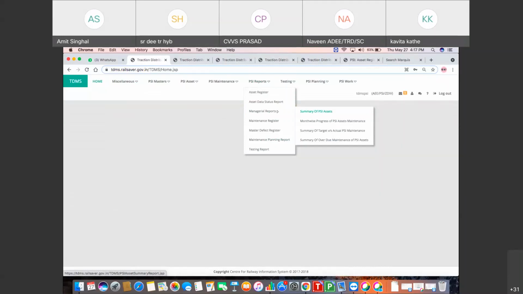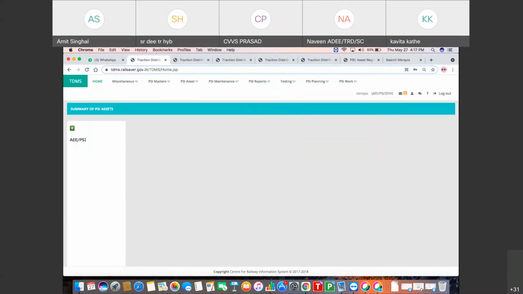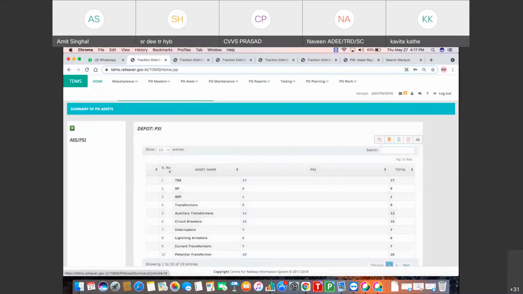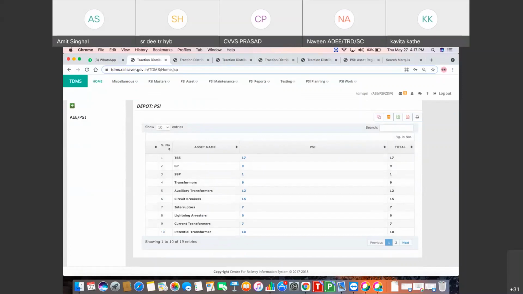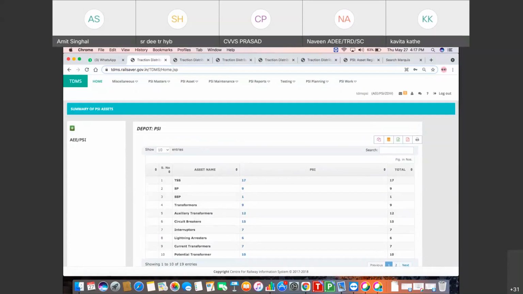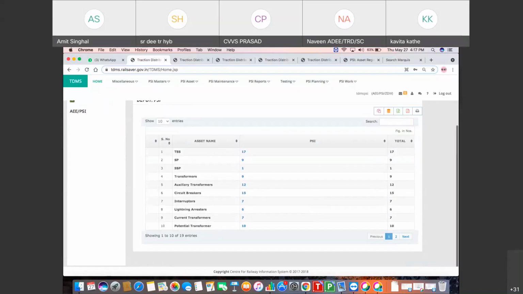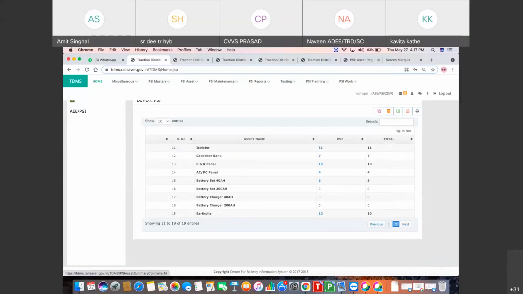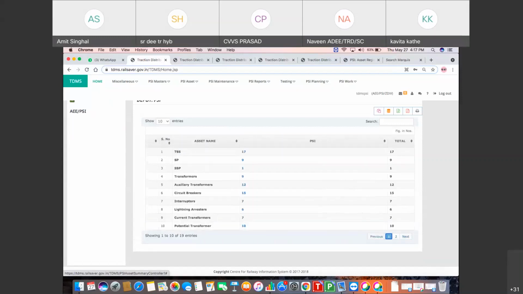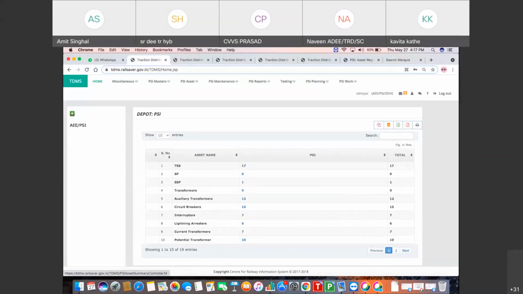First one is summary of PSI assets. This report is very important because by generating this report at the level of division, headquarter, and board, all data may be checked. How many TSS, SP, SSP, transformer assets have been generated, this report will provide all the information.